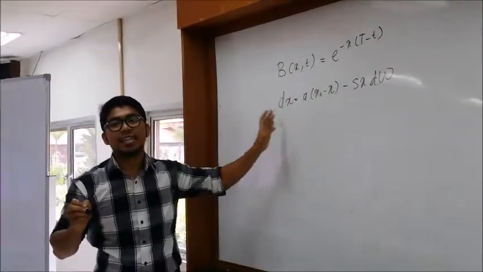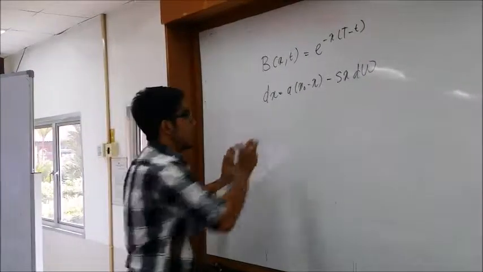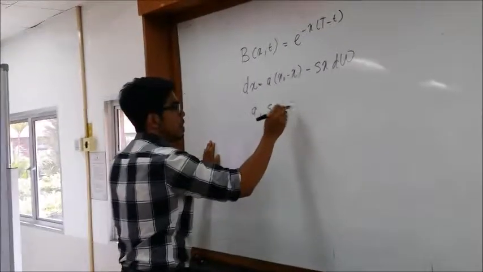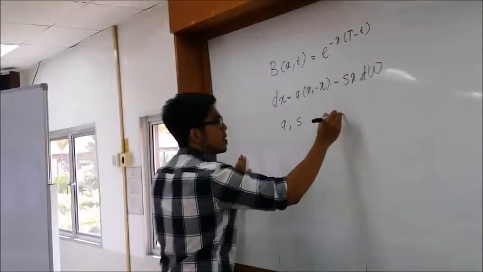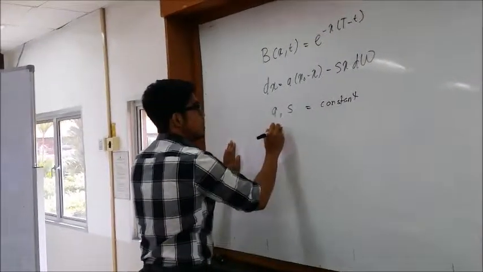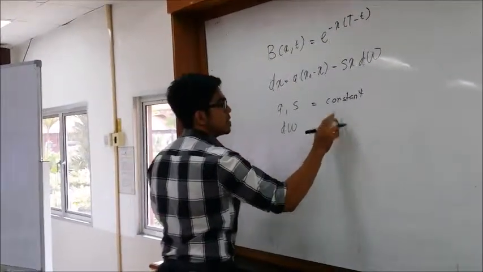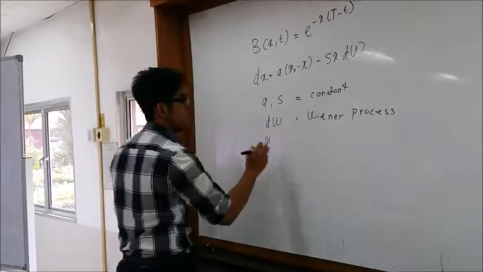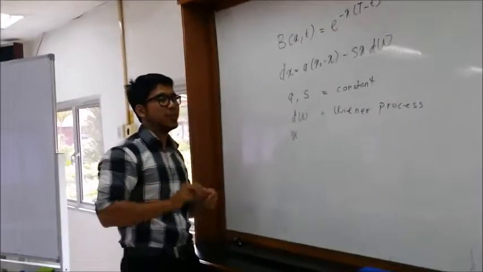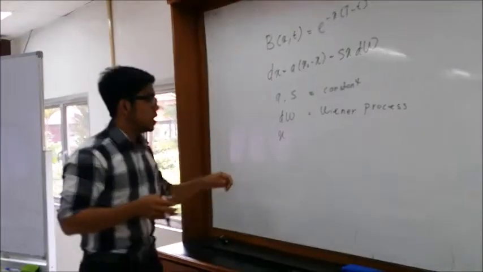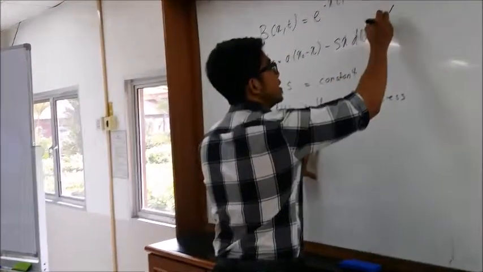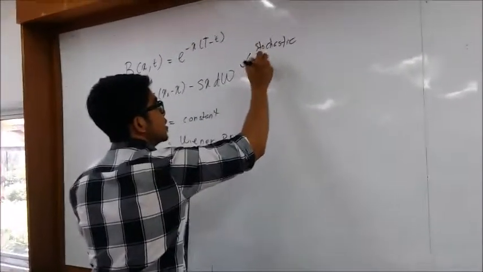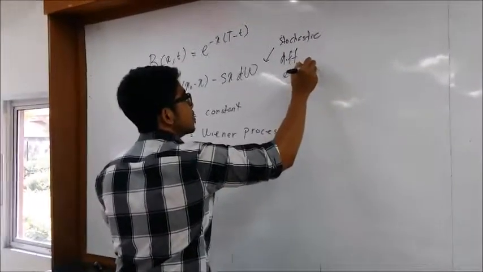This is a stochastic differential equation where a and s are constants, dW is the Wiener process, and x is the continuously compounded maturity rate. So I will write this stochastic differential equation. To solve this problem,